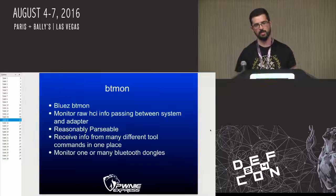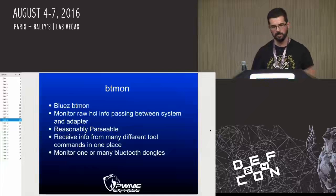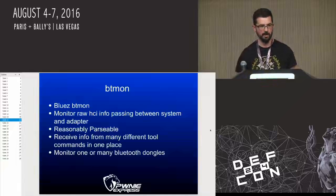And we use that as our primary point of contact for getting data out of the interface. It's reasonably parsable. It is text output, and so it's a little funky, and I'll show you the output in a second here. But it wasn't too bad to handle the parsing. One of the things that's really powerful about using BTMon like this is we were able to throw all kinds of different commands, such as what